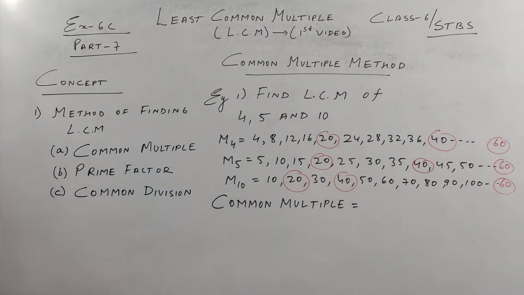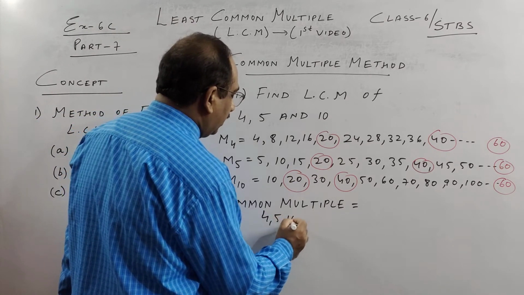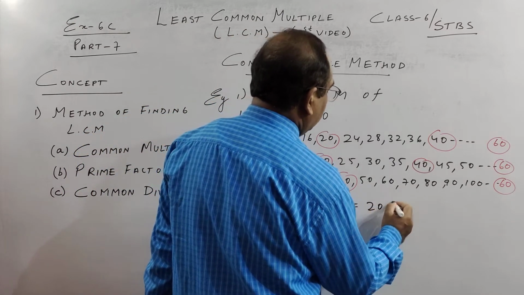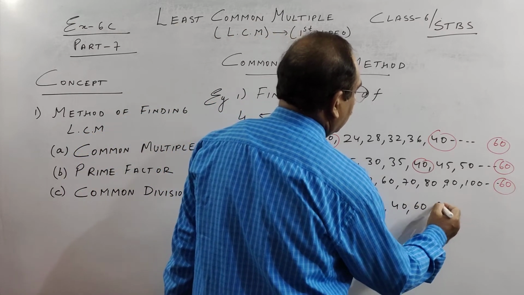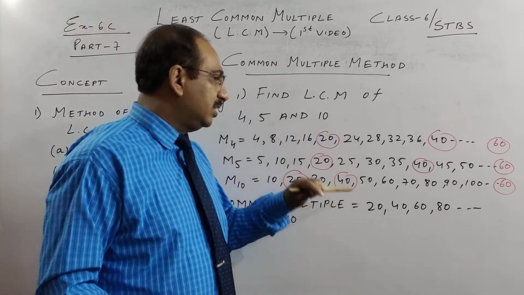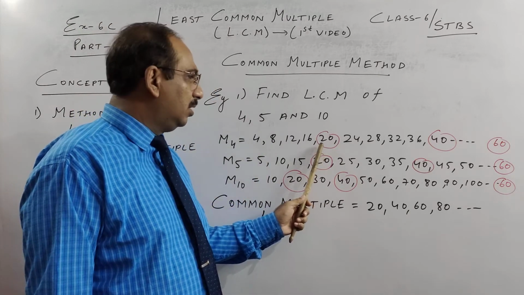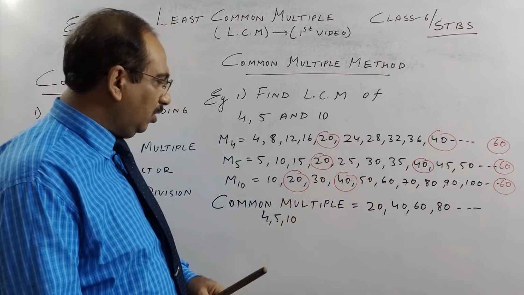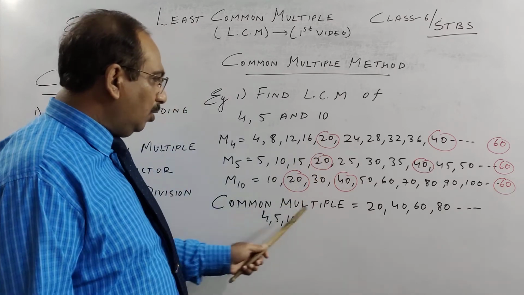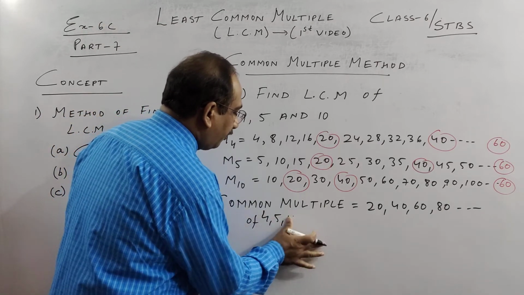So if you see the common multiples of 4, 5 and 10, common multiples of 4, 5 and 10 means 20, 40, 60, 80, all multiples of 20. All multiples of 20 are common multiples of these. Try to understand this. I'll tell you with the example of 20, and let us see the last concept. So out of all common multiples, children, of 4, 5 and 10,